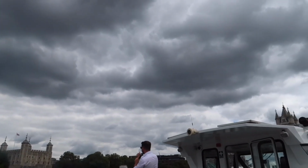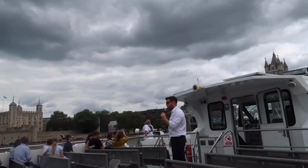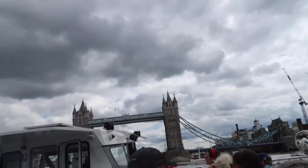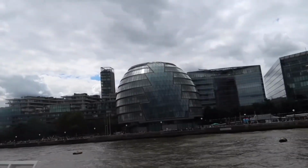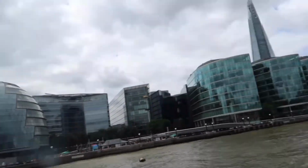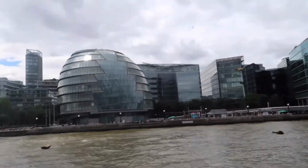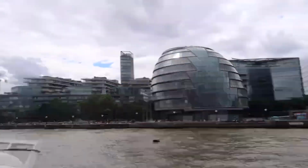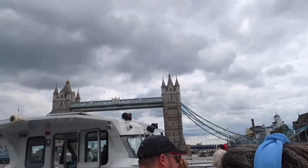Look on your left and look at the river wall. See the words written, entry to the Traitors' Gate. Beneath those words, you see the top of a bricked up arch. This archway was open, and it was the river entrance to the Tower of London. This would have been the entrance for the traitors to pass through. Traitors to the crown, they were found guilty of